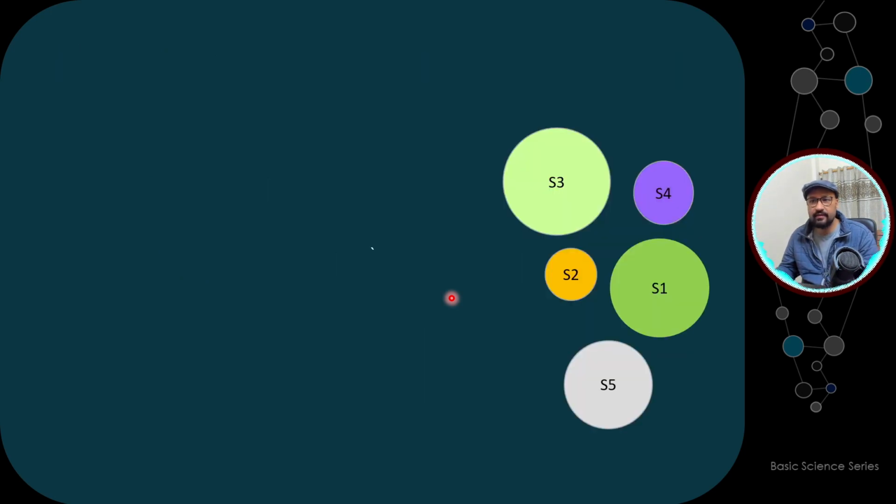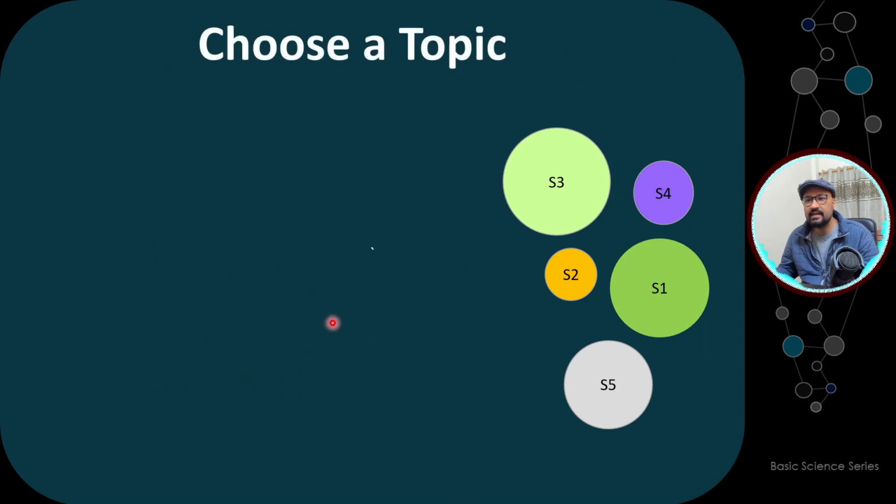All right, so this is the first slide, and moving on to the second one. What we have here is choose a topic. So you can see we need to select a topic. That's the first thing. You need to find a topic that you want to work on, and then you have to search the literature, what is being done, and what are the updates on that particular topic. On this side I have so many different circles representing so many topics, and you have to select an area where you want to work.